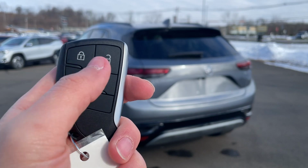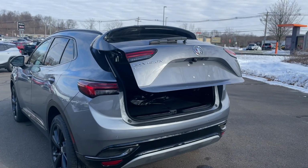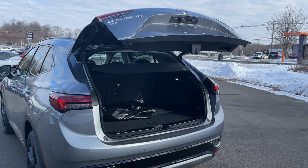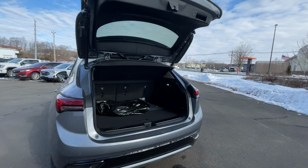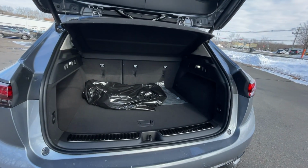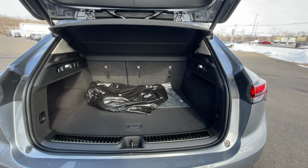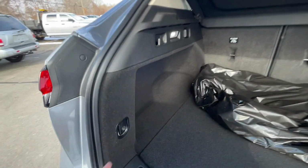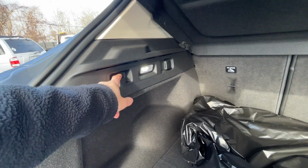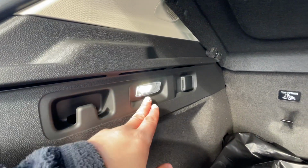And to open the tailgate, just double click on the tailgate button, and it does have automatic lift gate. You could open the tailgate 3 different ways: one on the tailgate, one from the key, and one inside. And inside there is a good amount of room. I thought it's going to be a little bit wider, but it's not too bad. And there are going to be some tie downs right here on the left, some hooks right here to place your grocery bags. There's going to be LED light on the left and one on the right,